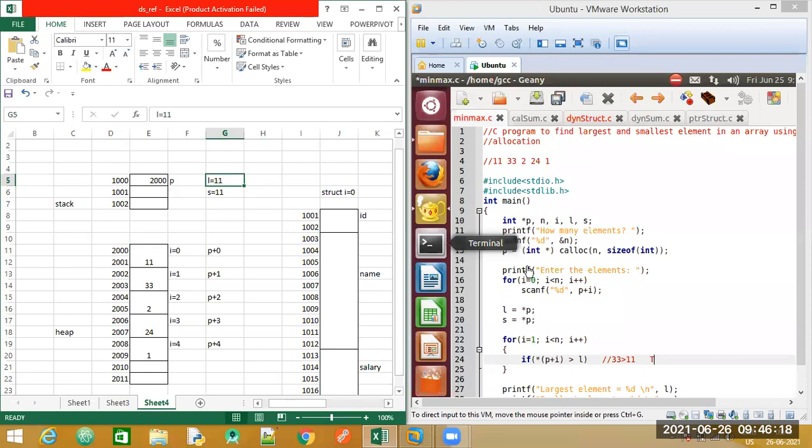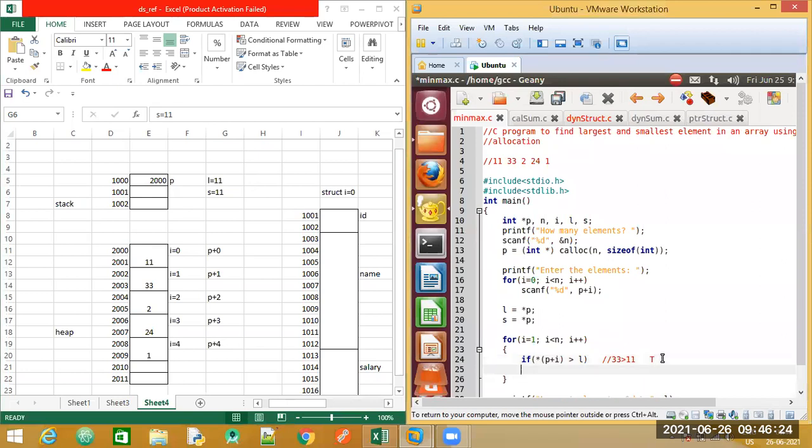So we are simply going to update after the if condition. We are simply going to write a statement to update the value of our variable L. So for that, what will be the statement now? If I need to update this? L is equal to star P plus I. Correct. Because star P plus I is nothing but our next element, that was 33. Currently, the iteration that we have reached is just at 33. So I will say star P plus I. So this is our assumption. If the condition becomes true, we will be updating our assumption.